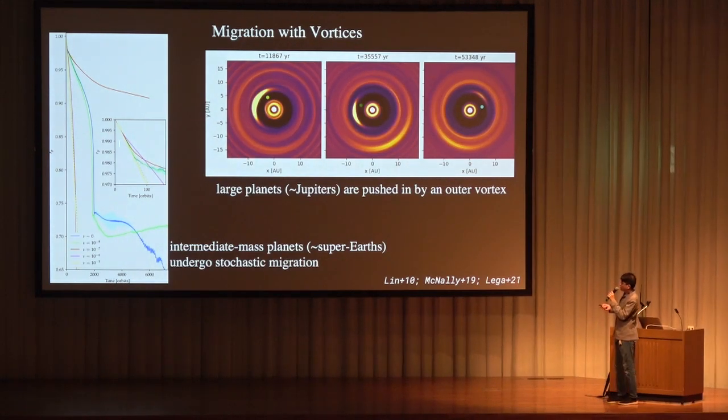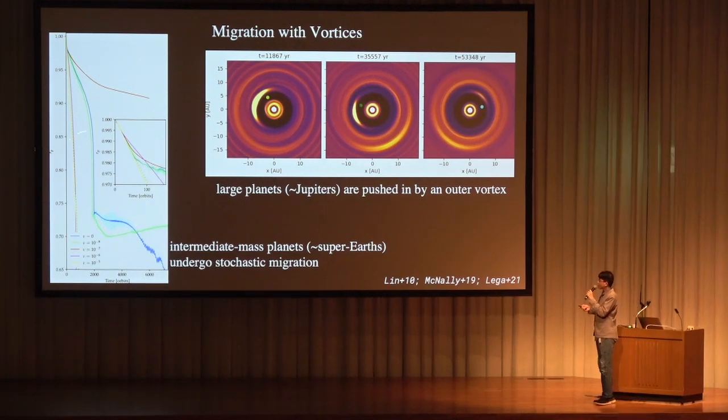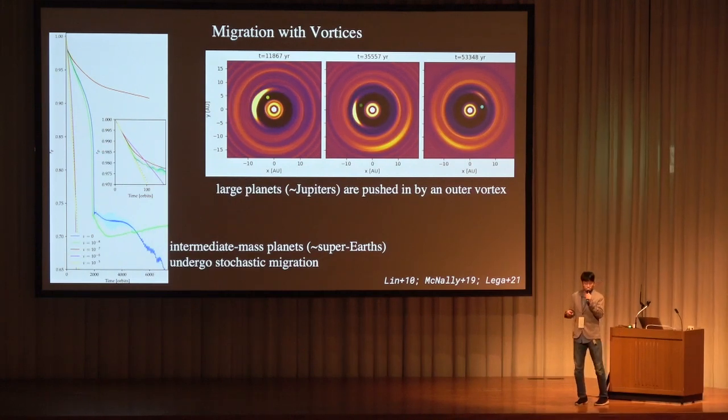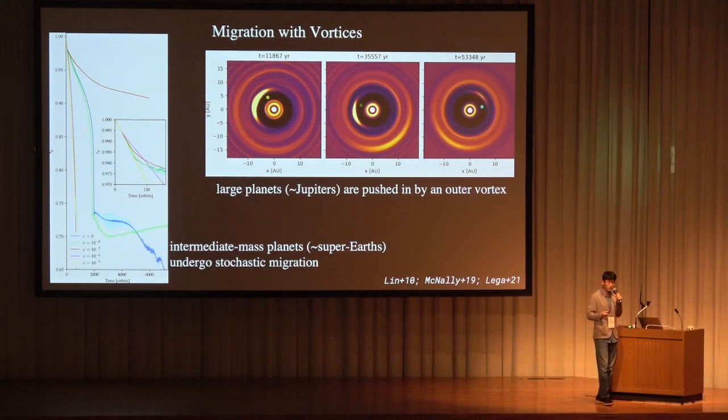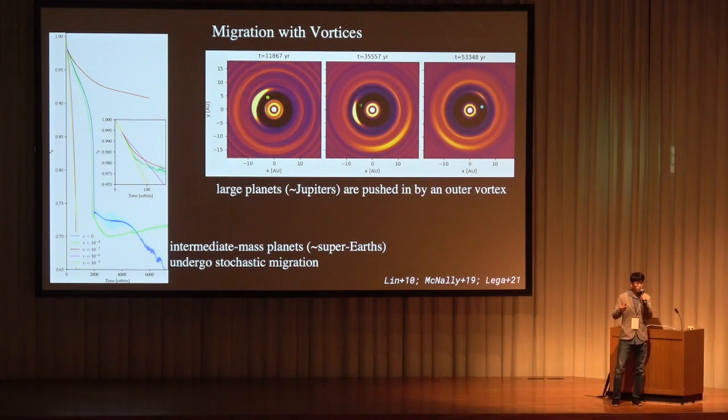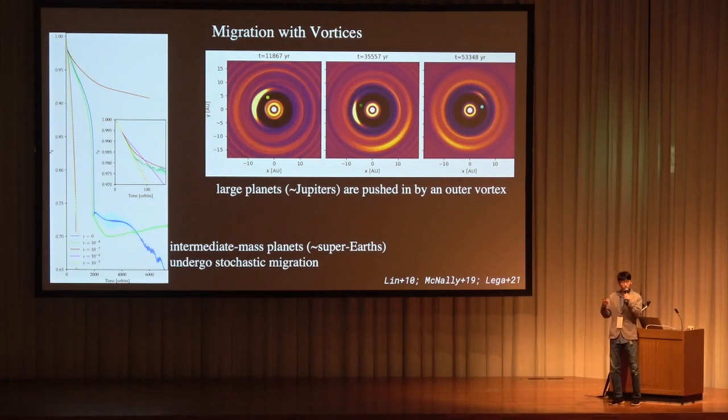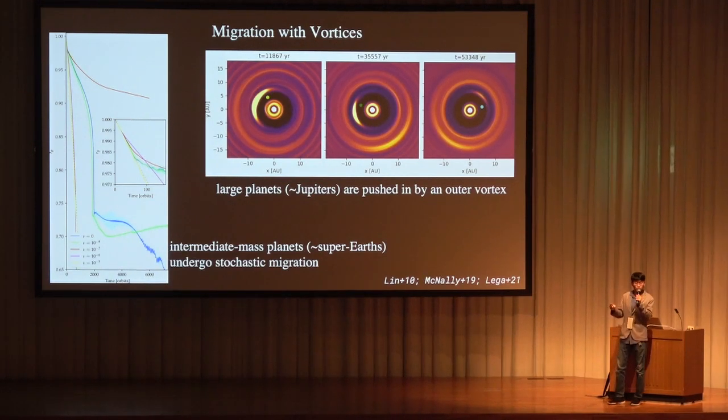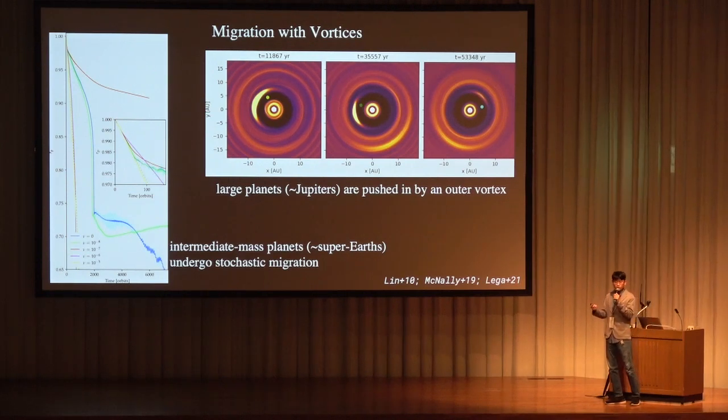Here's another plot that is similar to what we just showed you, but changing viscosity instead of resolution. And you see that in some cases, the planet does something, and then it actually migrates out instead of in. So what happens here is basically the planet, because it's able to make modifications to the disk profile, makes bumps that turn into vortices, and the vortices collide with the planet and lead to pretty fast stochastic migration that could